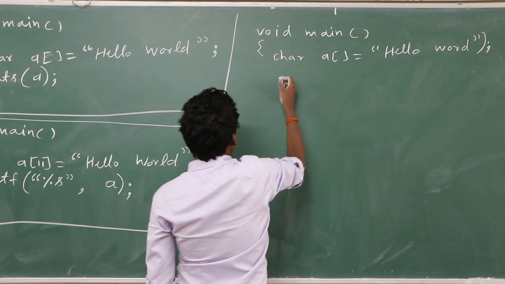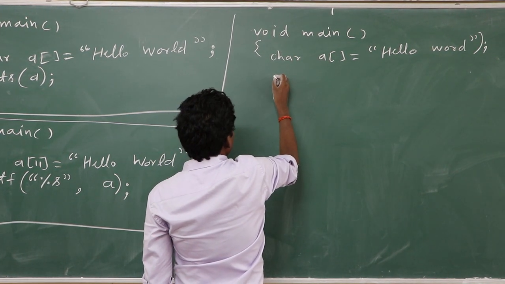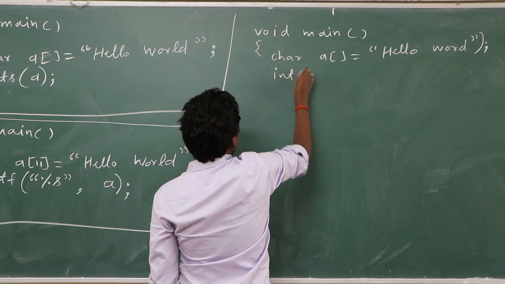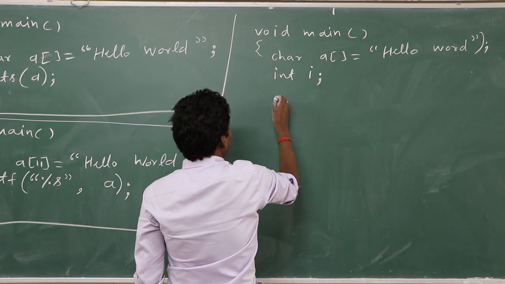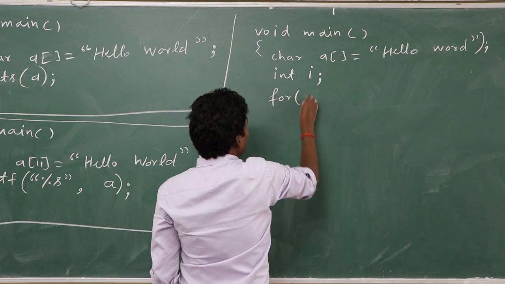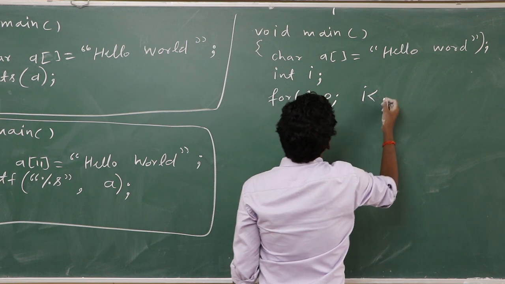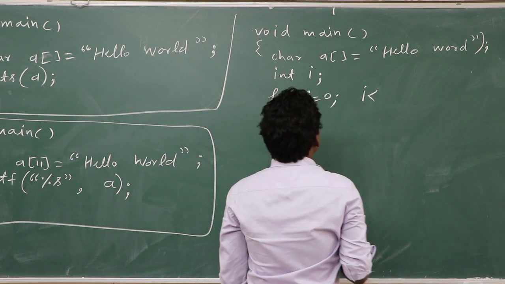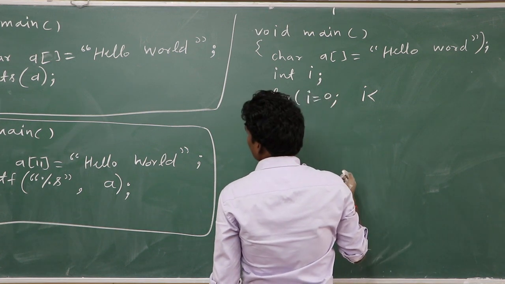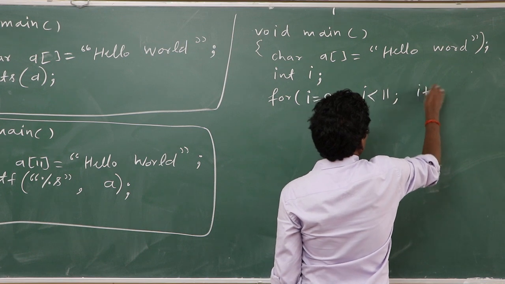Okay, and here you can print by the %c. Okay, here we take i as integer type. For i equal to 0, i is less than 11, i plus plus,